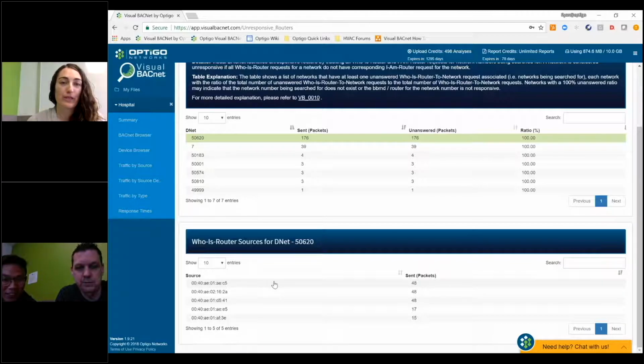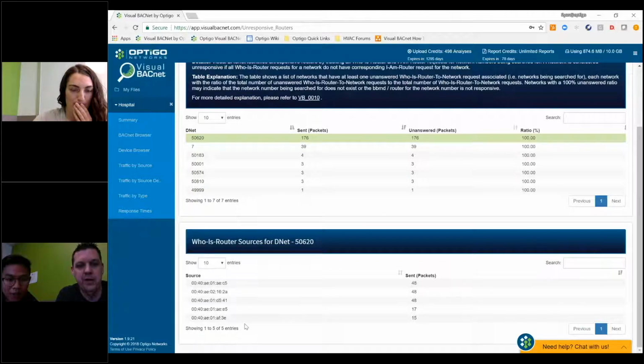So hopefully, we always say when you're troubleshooting a file, have your device list and your network list available, and then you can cross-reference and say, 50620 shouldn't exist. I don't know why everyone's talking to it, and then you can go and troubleshoot the devices that are talking to it. So the interesting part about this is, when you click on it, now we see